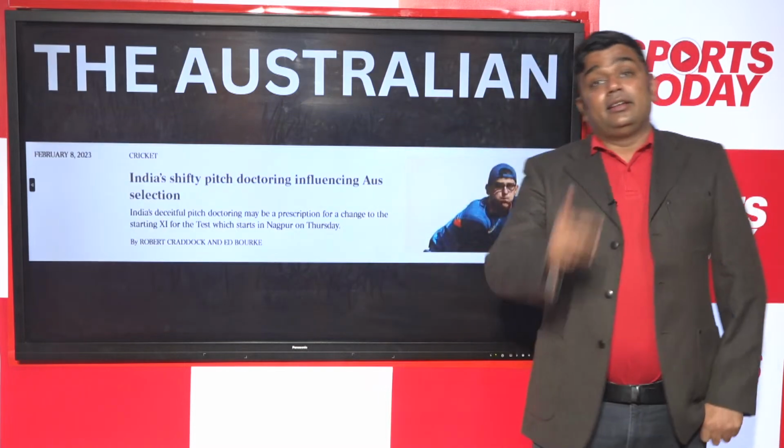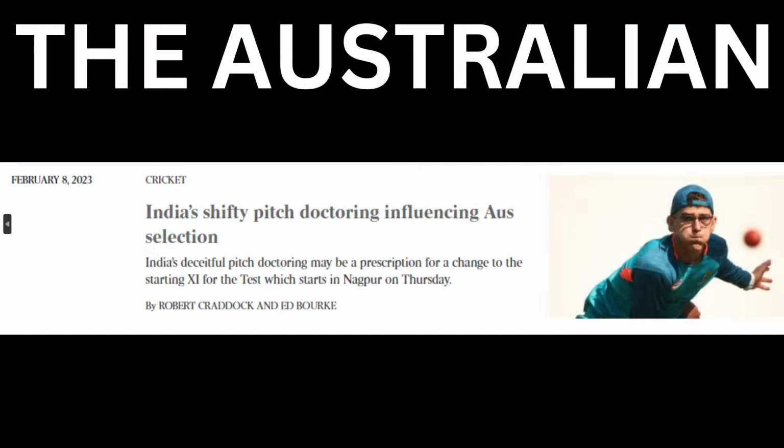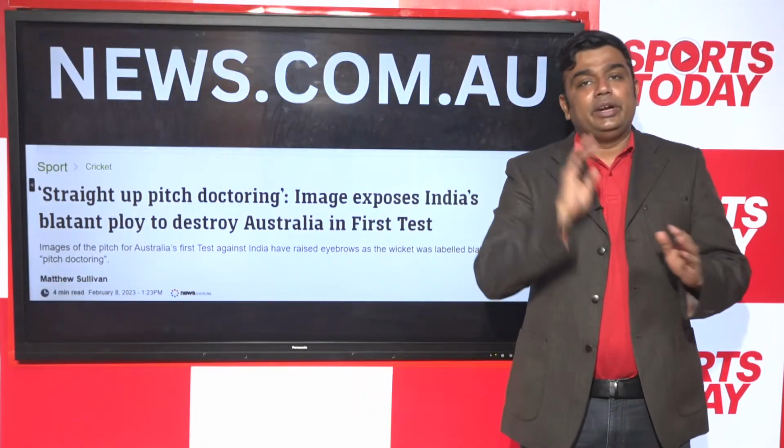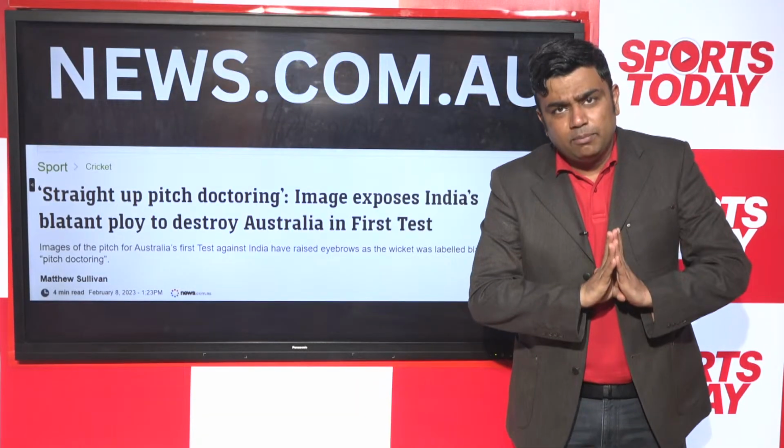The Australian had a headline which said, India's shifty pitch doctoring influencing Aus selection. So again, this word of pitch doctoring, and news.com.au straight up has said, straight up pitch doctoring. Image exposes India's blatant ploy to destroy Australia in first test. It's clear that all the cards have been stacked up to India so that they can get the optimum advantage